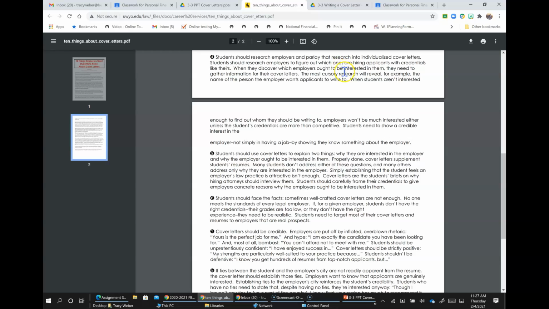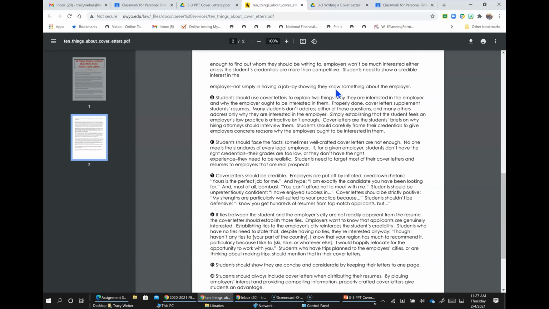Students should research employers to figure out which ones are hiring applicants with credentials like theirs. When they discover which employers ought to be interested in them, they need to gather information for their cover letter. The most cursory research will reveal, for example, the name of the person the employer wants applicants to write to. When students aren't interested enough to find out whom they should be writing to, employers won't be much interested either